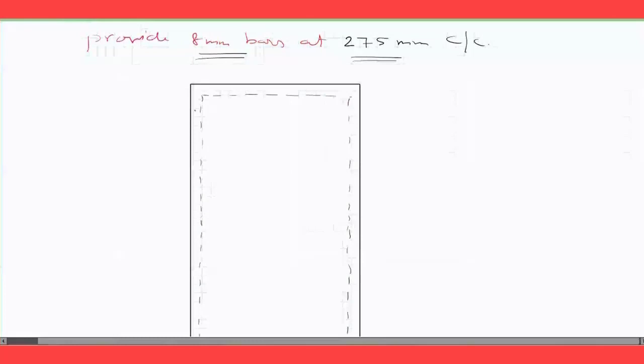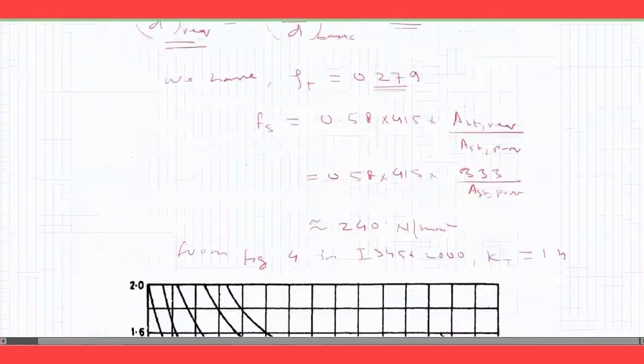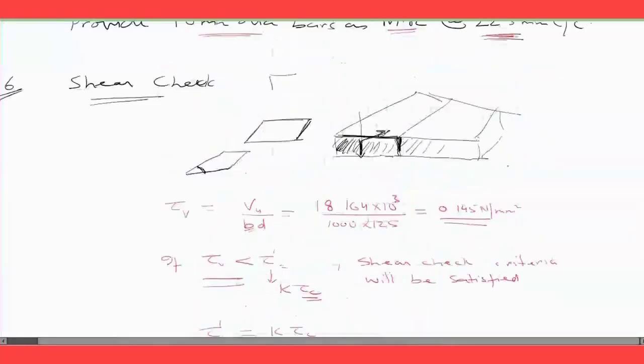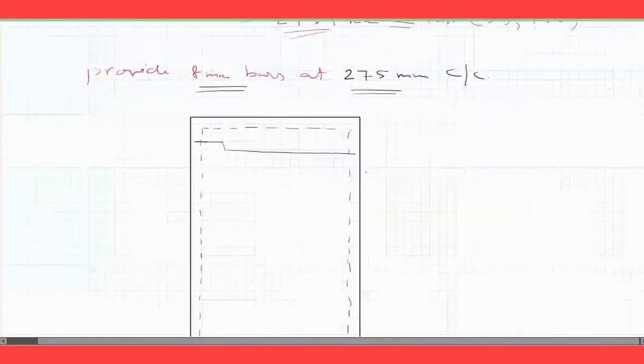So one bar I will go like this here. This bar, I'll bend this bar. I'll provide a straight bar like this. In the next bar, now the next bar will come at what spacing? So this is 10 mm bar. The next bar will be coming at, as written here, 225 millimeters center to center. So the next bar has to be 225 millimeters center to center. So I'll be providing a bar like this, bend it, provide straight bar.